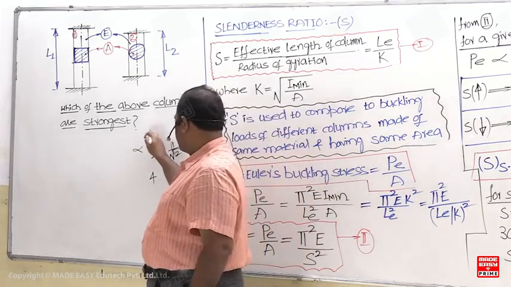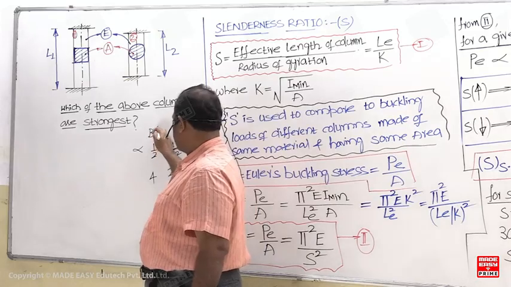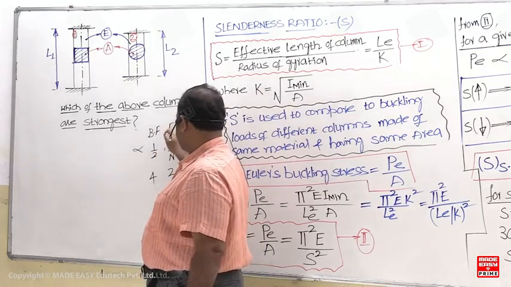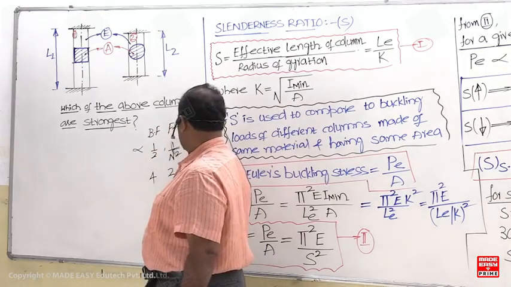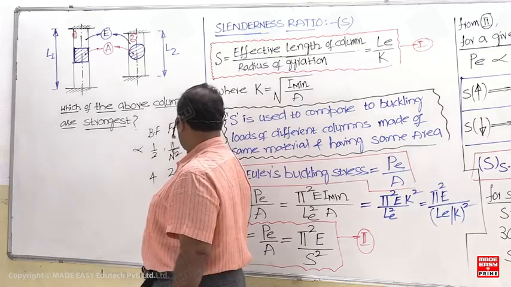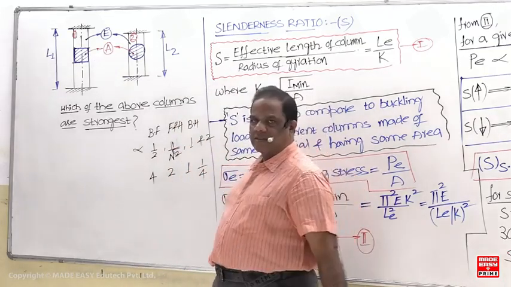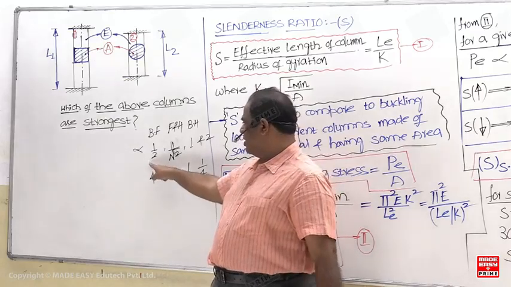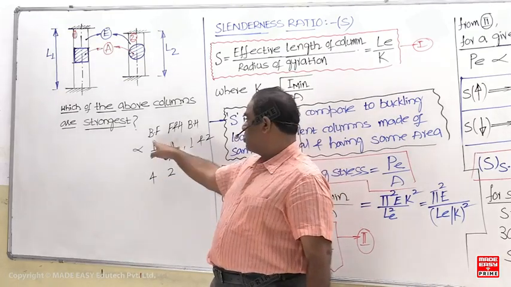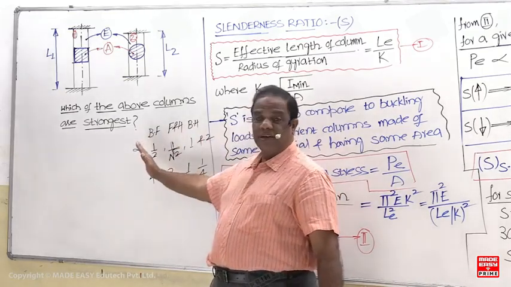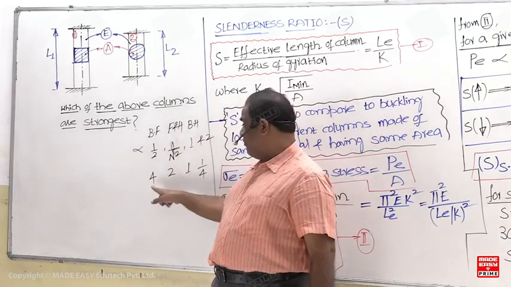Here it is written as both ends fixed. This is fixed and hinged. Both ends hinged. And the last one is fixed and free. So most of the objective questions are like this now. Most students will remember these values, but you should also remember the sequence. Arranged in a decreasing order of n.